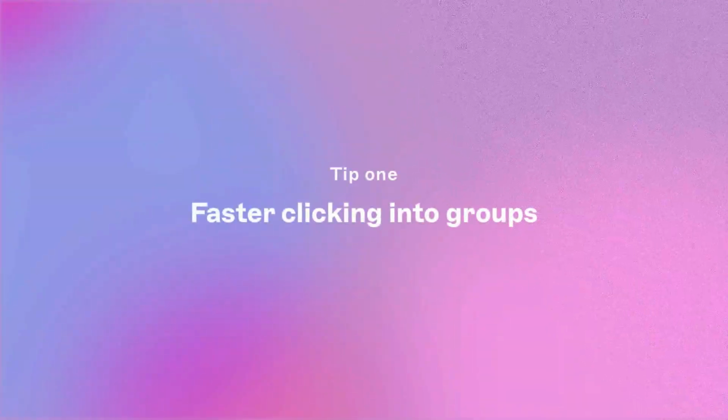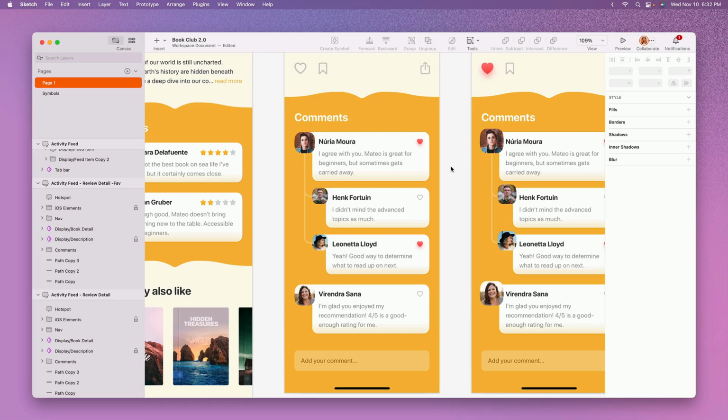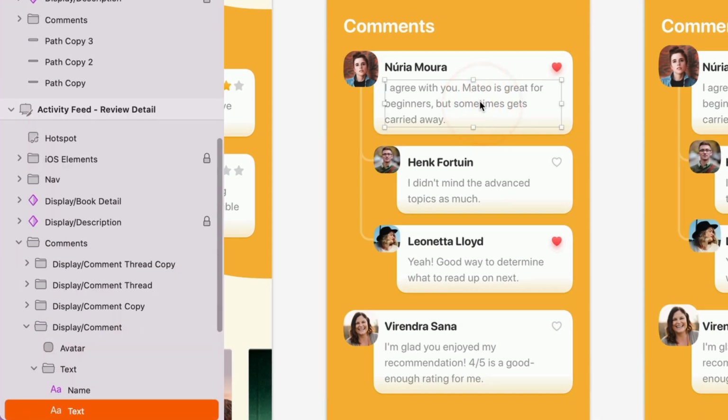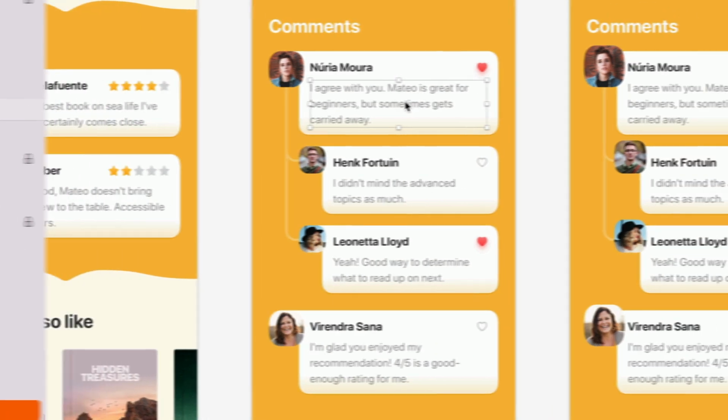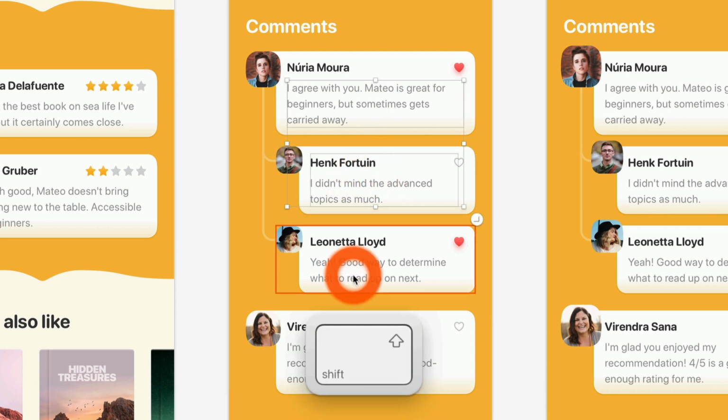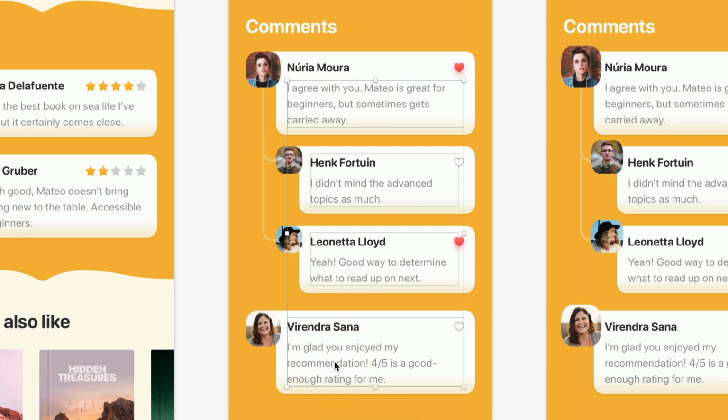First, the amount of friction has been reduced when clicking into groups. You've always been able to dive deeper into groups by double-clicking on them, but now, if you follow up that double click with a single click, you can go multiple levels deep with just single clicks without having to double click over and over and over again. So now, to get 8 levels deep, you only have to click 9 times instead of 16. And now when diving into groups, you can also hold the Shift key to add layers within groups to your existing selection.